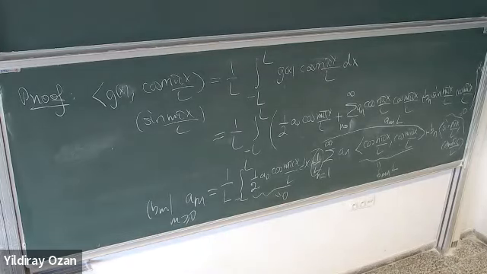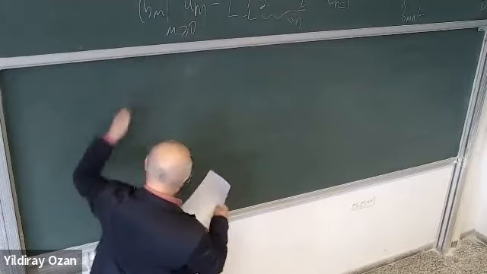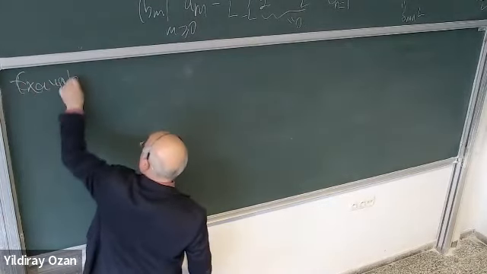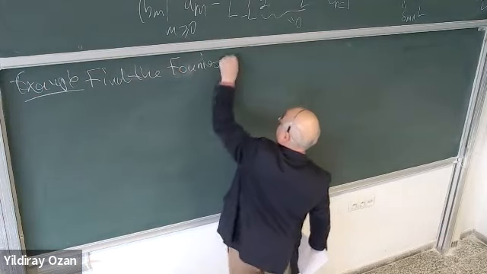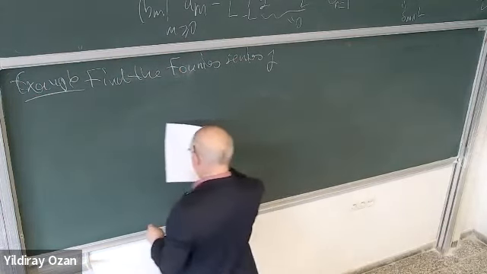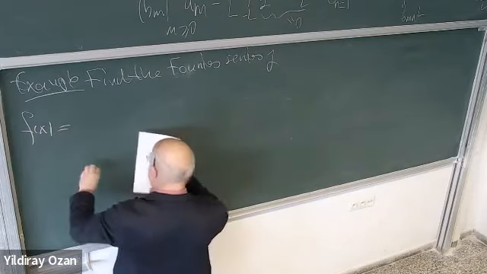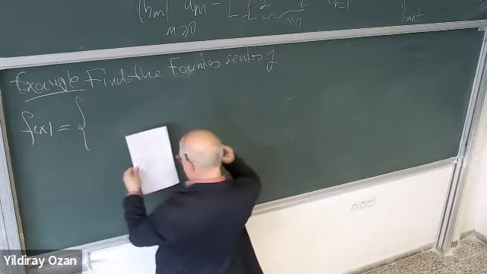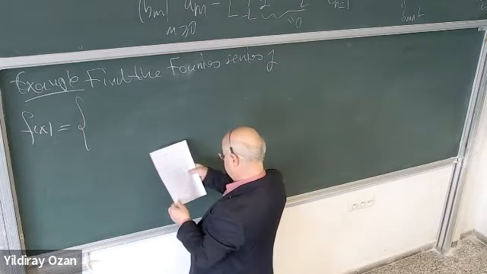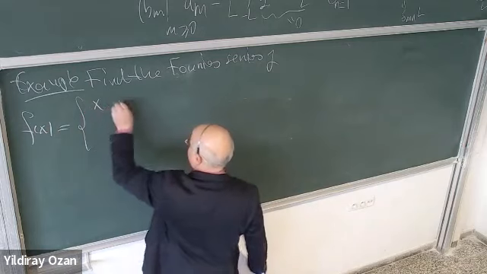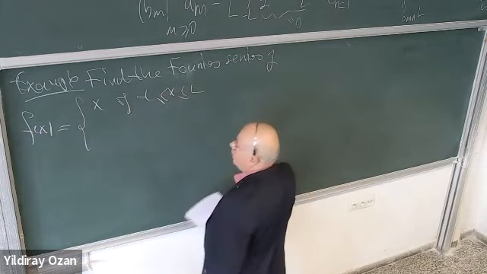Let's do one more example. Another example. Find the Fourier series of f of x, which is this function. Okay, x, if x is between minus L and L, and then